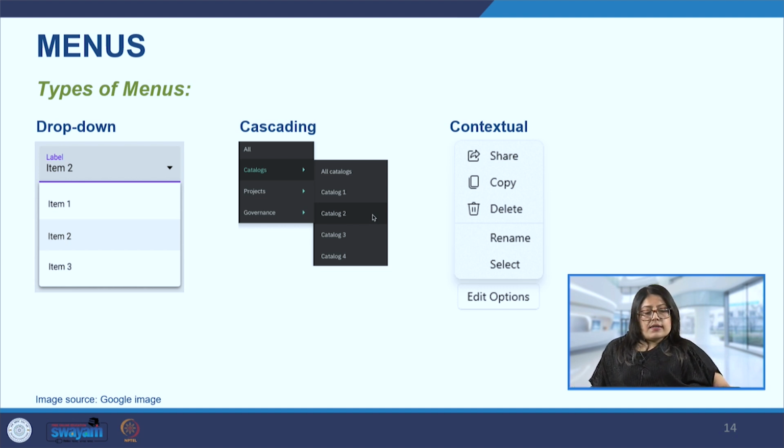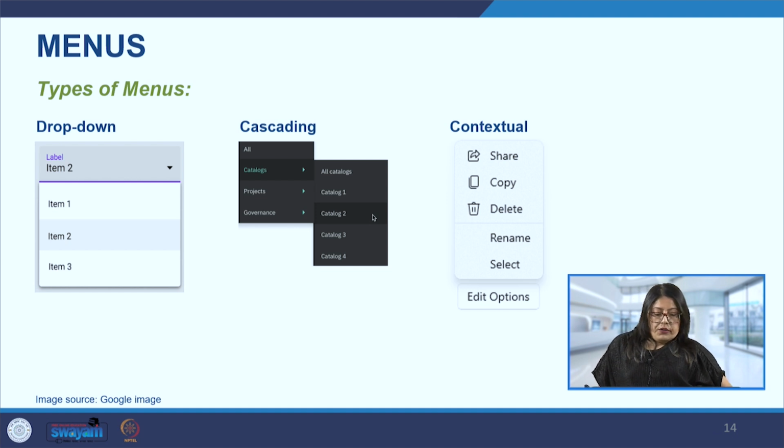The other are the cascading or hierarchical menus, and these are the ones that expand into sub menus when the user hovers over or clicks on an option. They create multiple layers of options. We can see in this example how, after hovering, this catalogs option opens different options: all catalogs or catalog 1, 2, 3 or 4.